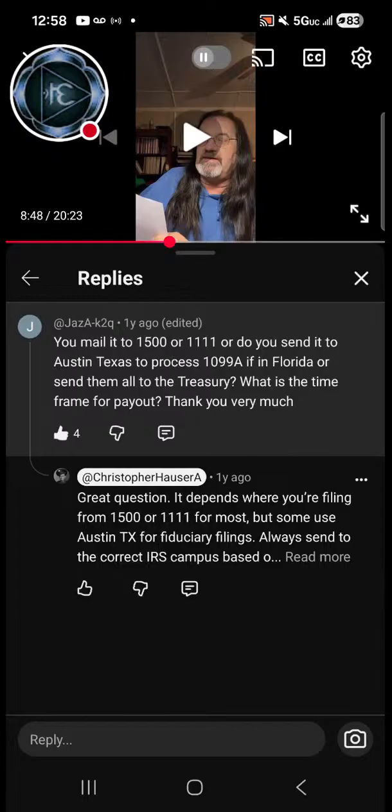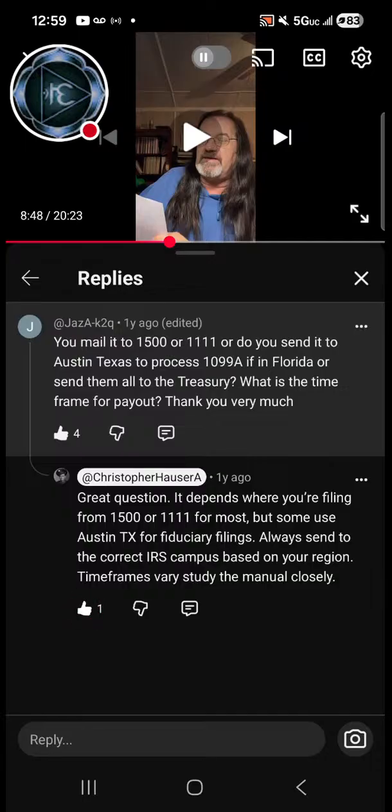It depends where you're filing from, 1500 or 1111 for most. But some use Austin, Texas for fiduciary filings. Always send to the correct IRS campus based on your region. Time frames vary. Study the manual closely. Now, what manual he's referring to,